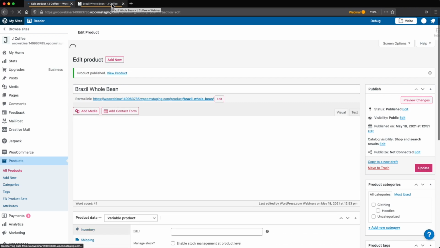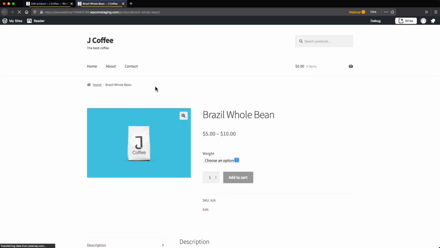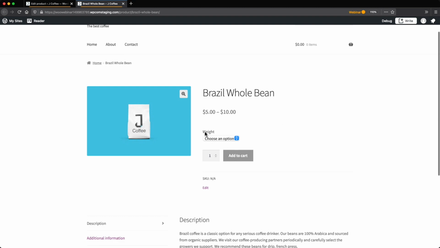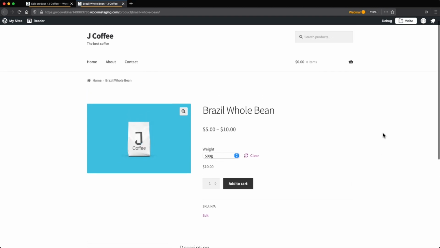That should be saved now. So let's refresh our page. And we can see that now we have a weight option for the user. So they can select 3 different options, and you can see that the price changes accordingly. Because we did the setup wizard, all of the required pages for WooCommerce are already set. So I can add this to the cart, I can check out,